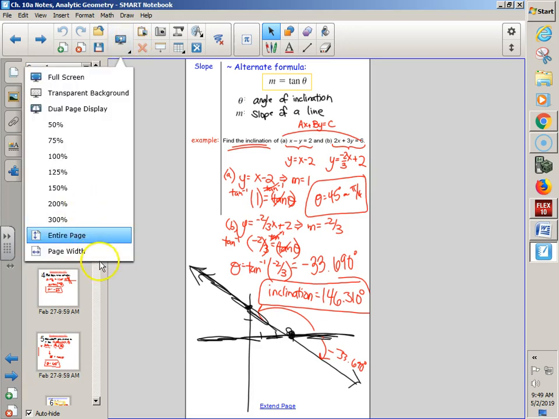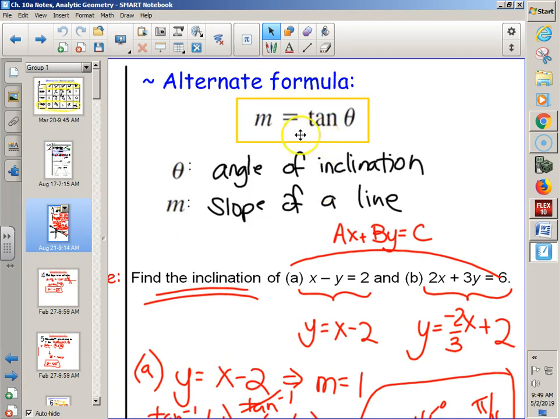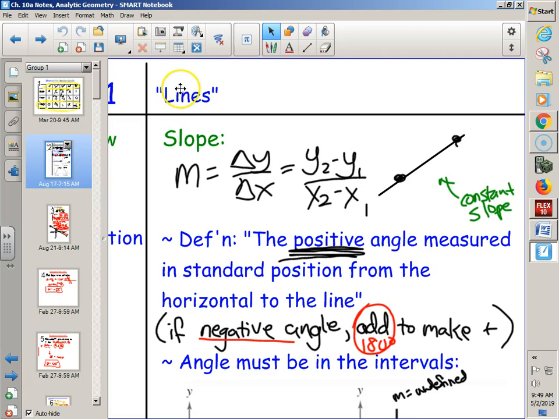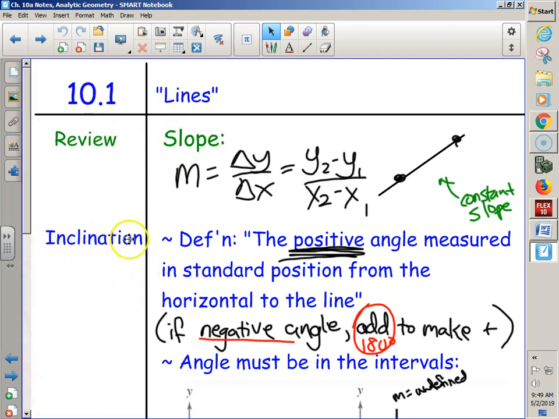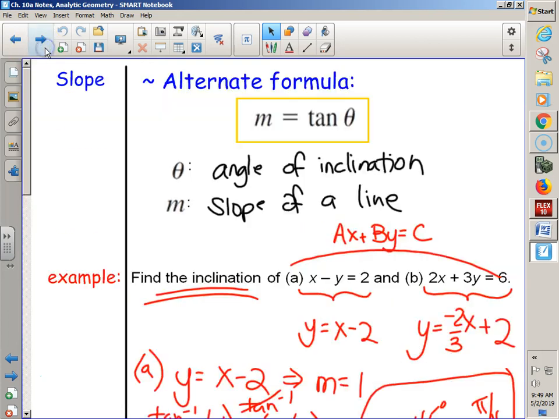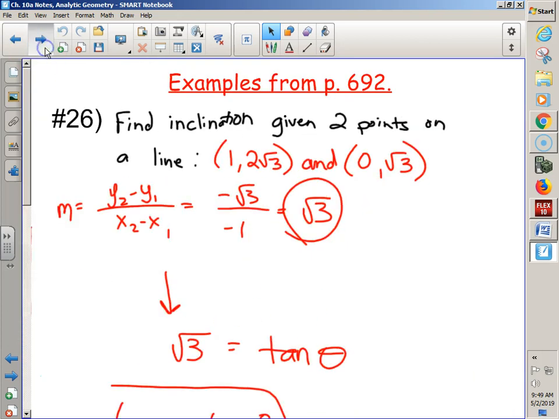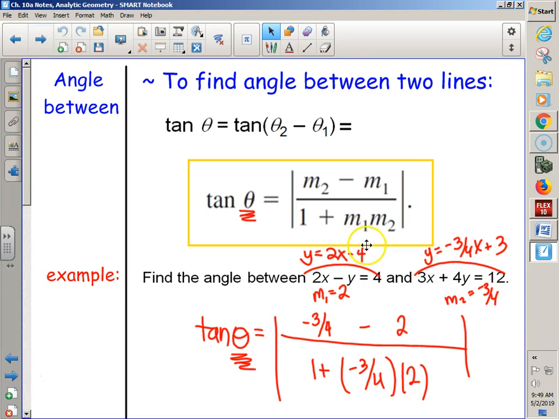Remember things like, hey, is this guy important? Isn't he from section 10.1, the line guy? Talking about the inclination dude who is always positive? Haven't we talked about this formula too? The angle between formula? And didn't we even talk about a couple days ago, I think it was Monday, about